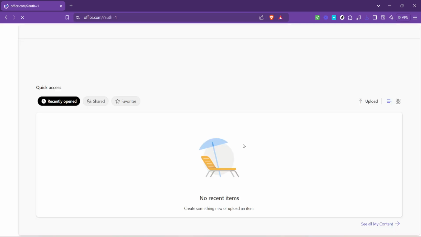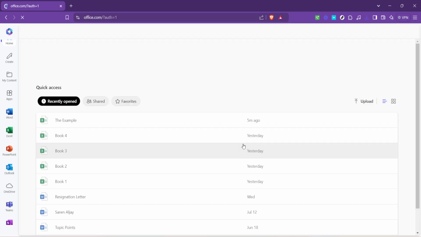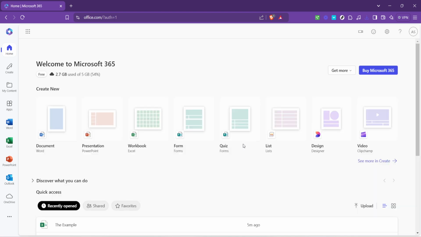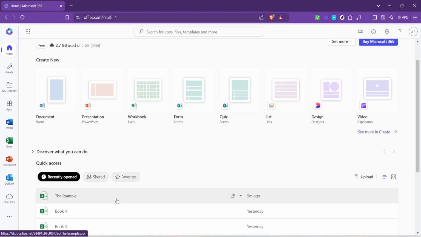After clicking Sign In, you'll be prompted to enter your email address. Type it into the designated field. Your email acts as your identity across Microsoft services, syncing your work and preferences across devices and platforms. It's pretty handy, especially if you switch between devices or travel frequently. Next, hit the Next button to proceed. You'll likely be asked to enter your password next. If your credentials are correct, you'll be taken to your Microsoft dashboard, where you can access all your Office documents,